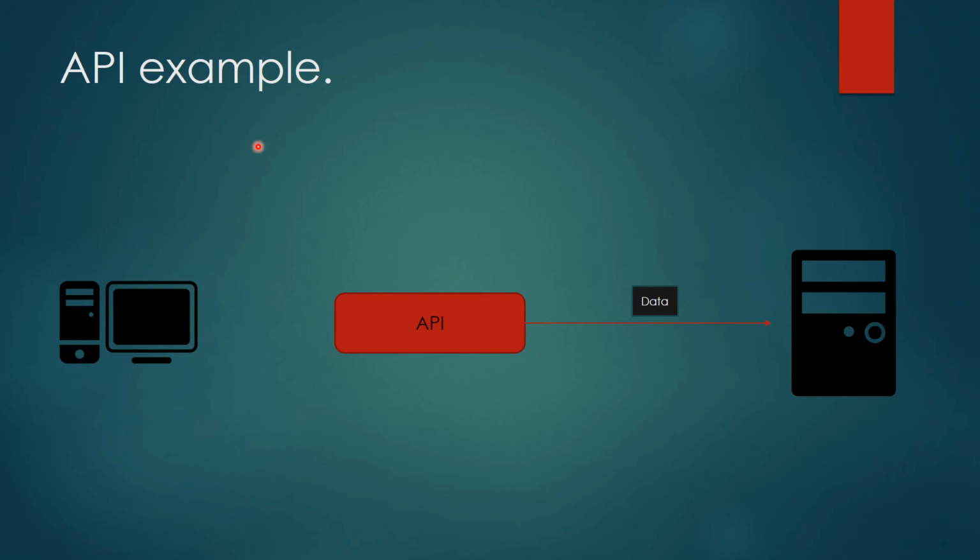And after this is done, the server sends a response back to the API and says, here is your response. In that case, here is your meal. The waiter, the API, gets the response, the meal, and just delivers it back to the client, in that case us, and says, here it is. So this is the really simple explanation of the API. I hope you understand. And this is the core principle of APIs,